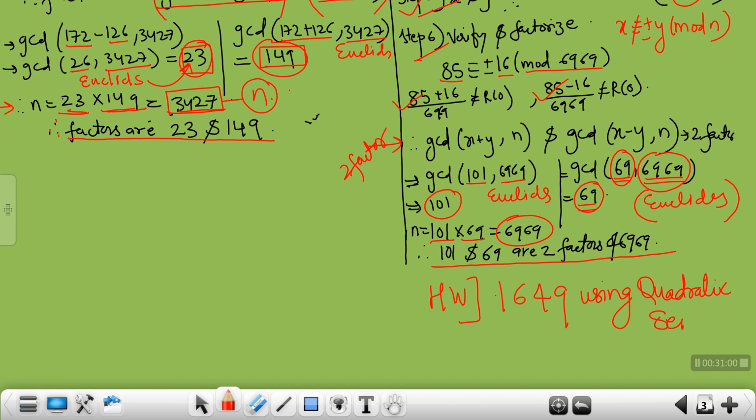I am telling you once again, you won't understand this concept in one go. You need to solve the problems which I have solved first. Solve the first problem, then solve the second problem which I have solved. Then go for problem number 3, which I have given as homework. Then you will be able to understand the concept more properly compared to your other concepts. So try to solve it. Solving will make you perfect.